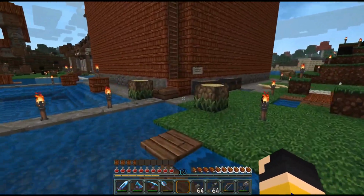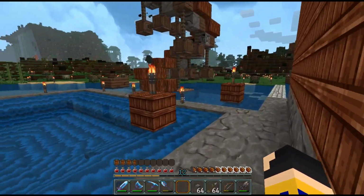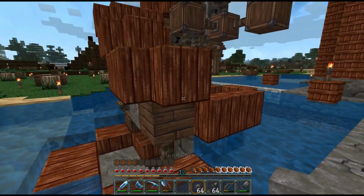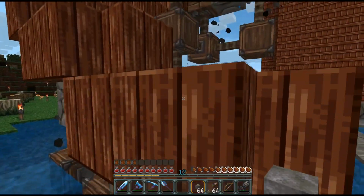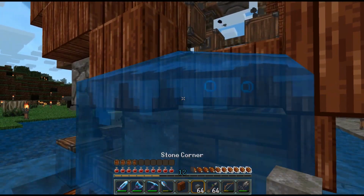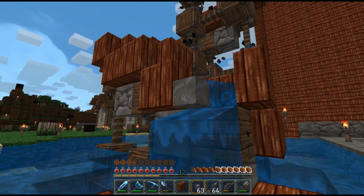We're coming back today to do a quick little preface before the main shindig. Wired wanted to see what it looked like with something like stone corners instead of this siding here, and by wanted, I mean he suggested it, thinking that it would look better. So I'm just going to give it a little look-see here, and let's see. So if I go there...